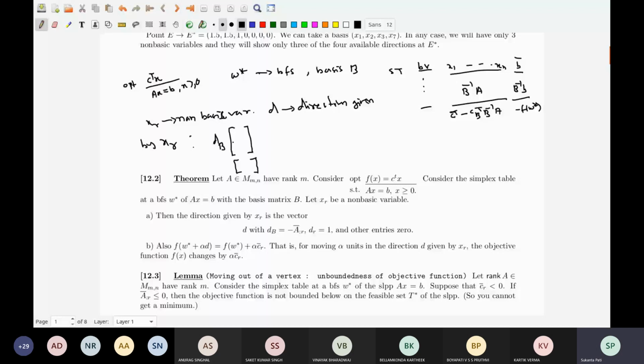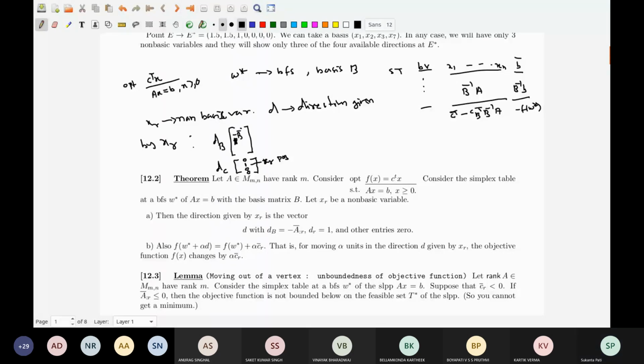I will write that part. First of all, in the DC part, the non-basic part, we put all zeros, except that we put a 1 at the XR position, everything else is 0. This is in the Rth position, the XR position. And here we put minus of B inverse of